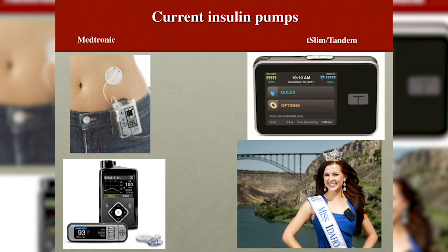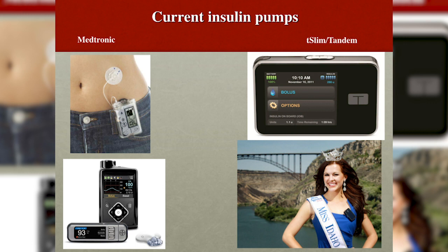So this is the Medtronic pump, the older version. This is how it works. The insulin is in this little cartridge or syringe. It flows through the plastic tubing into the body. Again, this is the infusion set, and it has the small plastic catheter that I showed you before that infuses the insulin into the subcutaneous tissue. If you take a shower or do some sort of activity where you do not want the pump on the body, you can disconnect it from this area, and then reconnect it when you need it back.